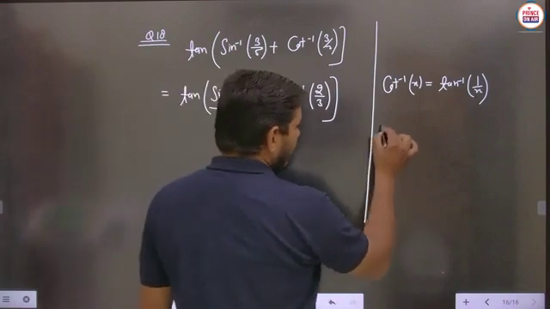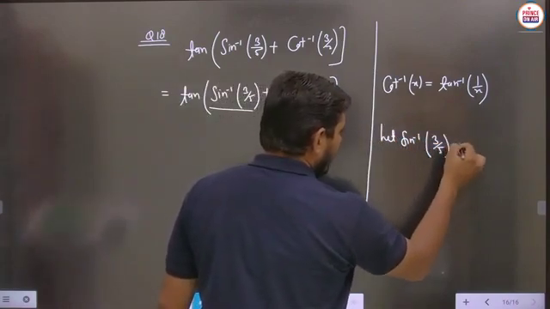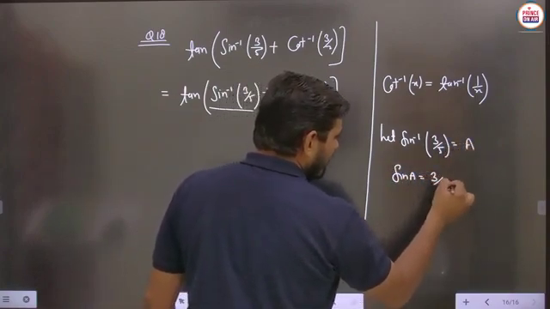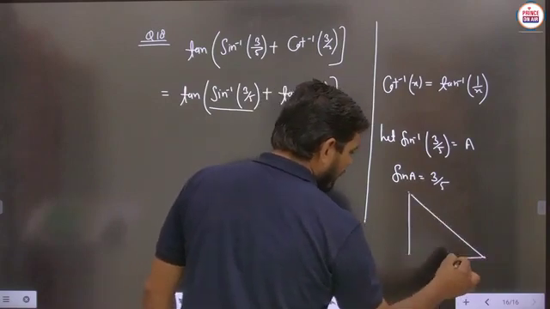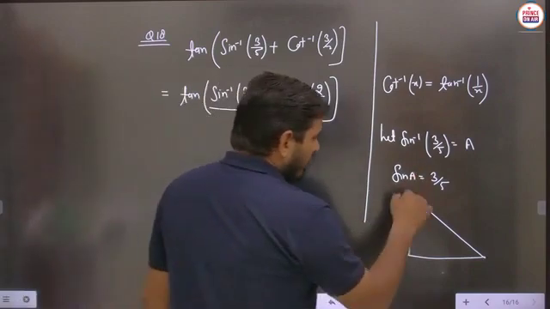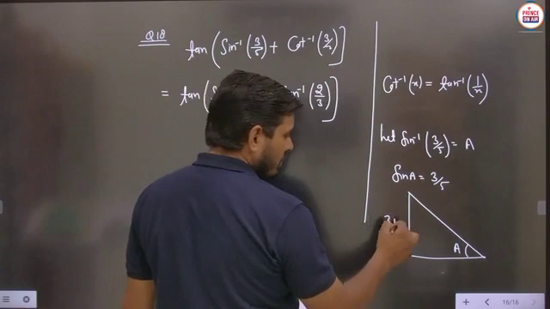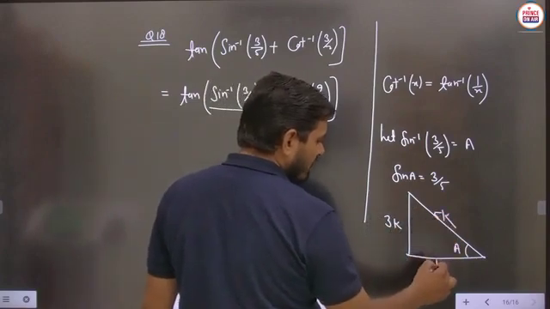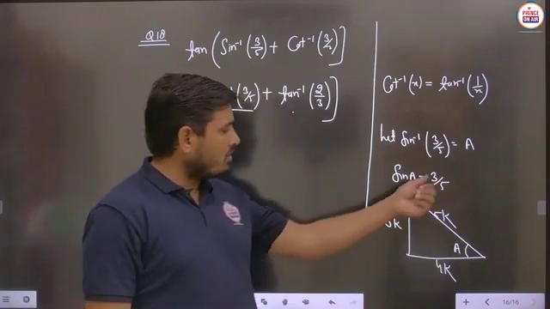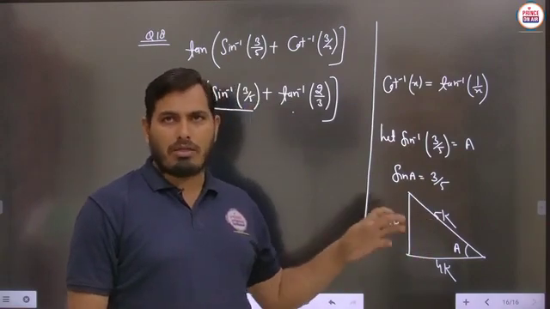So for this conversion, let sine inverse of 3 by 5 be taken as an angle A, then definitely sine A is 3 by 5. Now you can use the help of a right angle triangle. We already discussed this in the theory part. This particular angle is A, then sine A is 3 by 5. So this side is 3k, this is 5k. Now using the Pythagoras theorem you will obtain this side as 4k, you know very well. Now students, this is perpendicular upon hypotenuse, that's why we write this trigonometric ratio, I think you know very well.